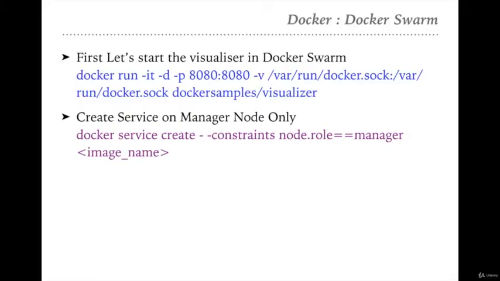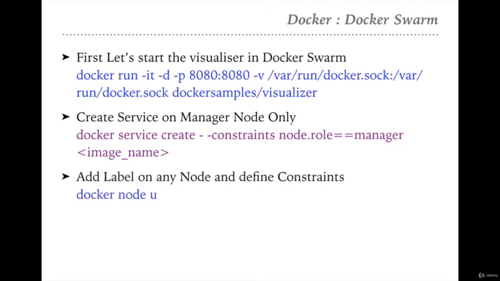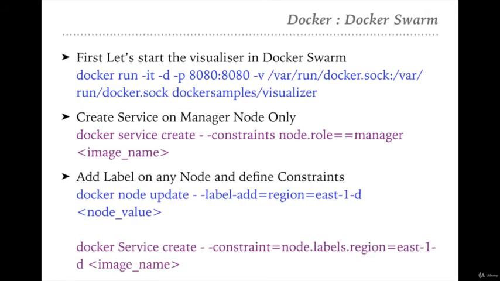Now some time ago we were talking about how, if we want to execute some specific application on a specific node, like an application on a particular node which has a 16 core CPU and 52 GB RAM, how we will define it, how we will create the constraint for these particular conditions? So in that case, first we need to create these conditions, then we need to create the container on these conditions, right? When we say we are creating these conditions, we are basically labeling these particular nodes, right?